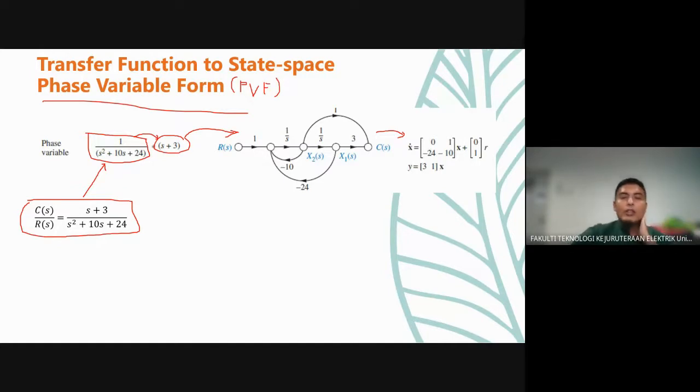However, I will give you a very shortcut way in order to convert from transfer function to the state space. Firstly, what you need to know about the phase variable form, the basic structure. The basic structure for the phase variable form is x dot equal to